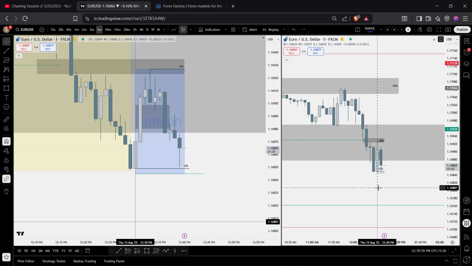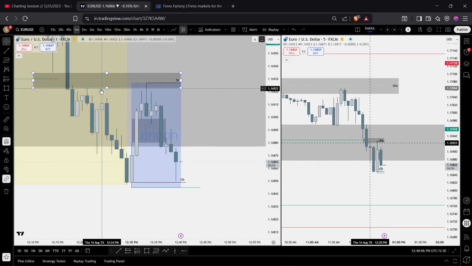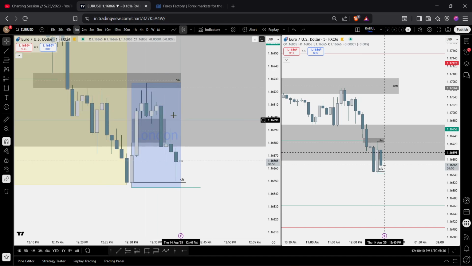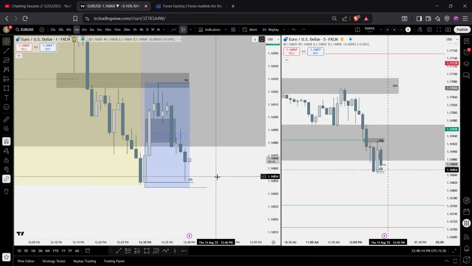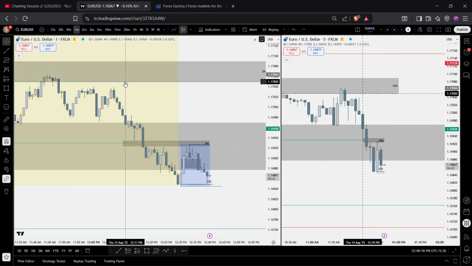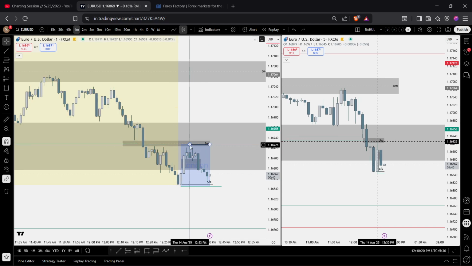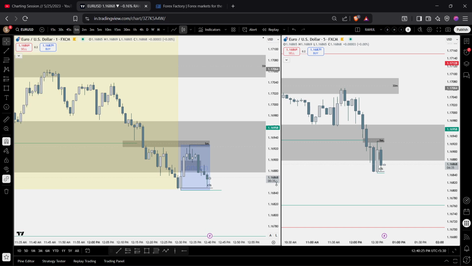Okay. Zero lot size is accurate. If you see this, it could be considered not a manipulation, this is just a sweep on the lower time frame, but didn't we get manipulation? See, while the market is rallying, the thing I learned is we can't get a sweep away. That's the thing that I learned. So I don't think so.